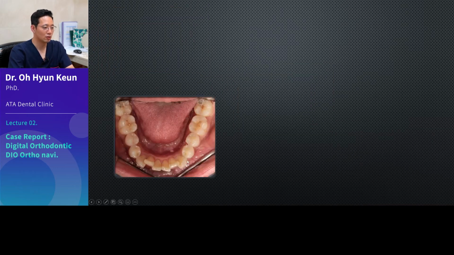We can't place the device here in this case. We can't place it here. But if you look at it, the dental arch line is formed like this all the way here. Then you know these teeth need extrusion. Also, in order to place brackets, these need to come out.